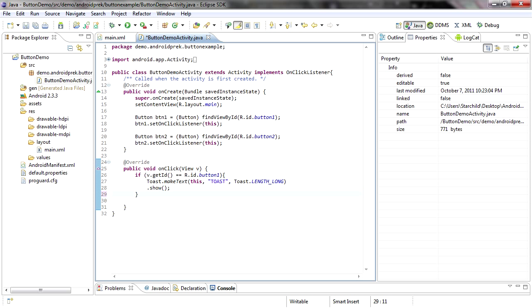All right. So now what we're going to do is, instead of using another public void and then setting another OnClickListener, we're going to expand this if statement to an if-else statement. So it will say, if the ID that you get from the view is equal to this ID, then do this. Now we'll come down and say else if